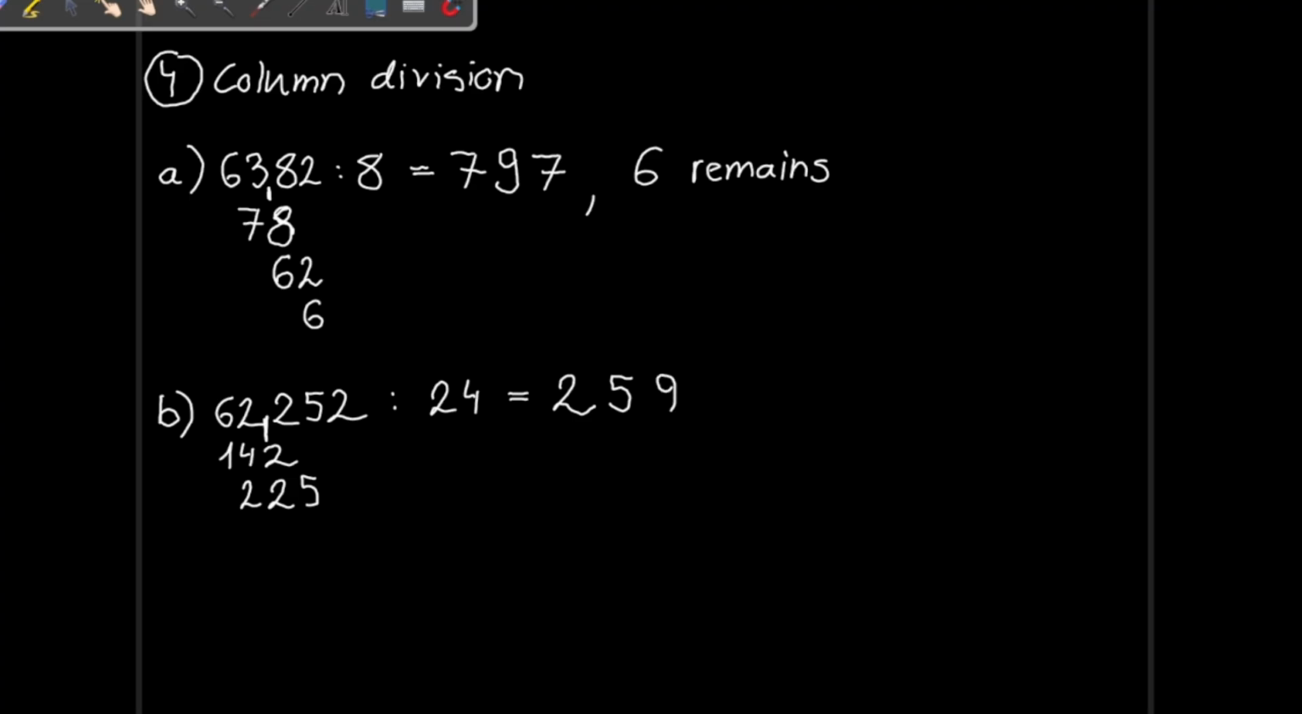We know that 9 times 24, what is that? We know how to column multiply now, so 36, 216. Right, so what remains? 9. Alright, so 9 is smaller than 24. We write down the 2 from here. 92 divided